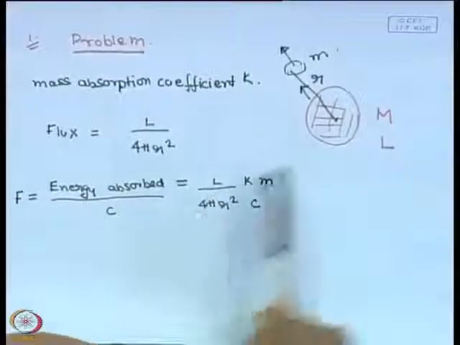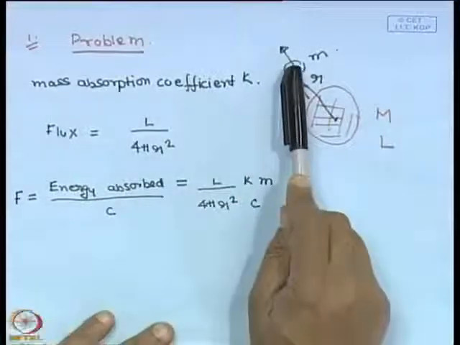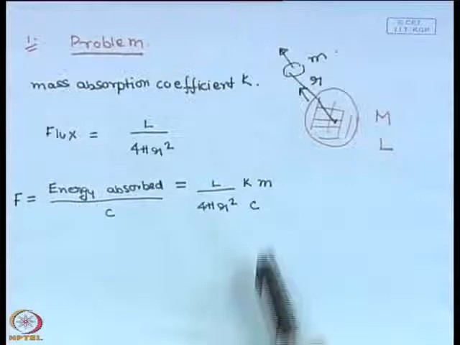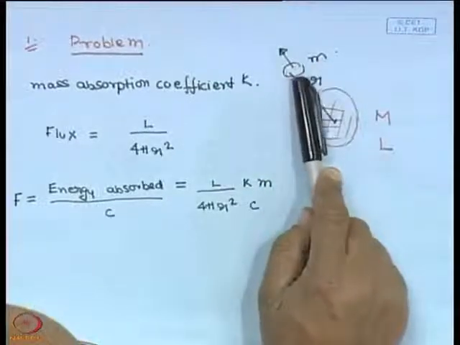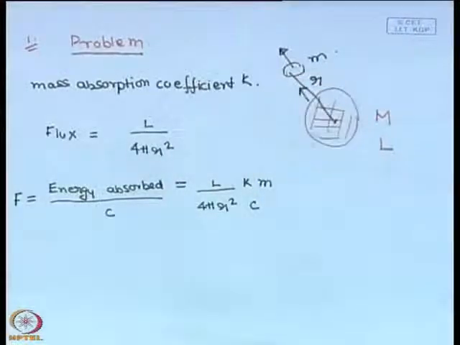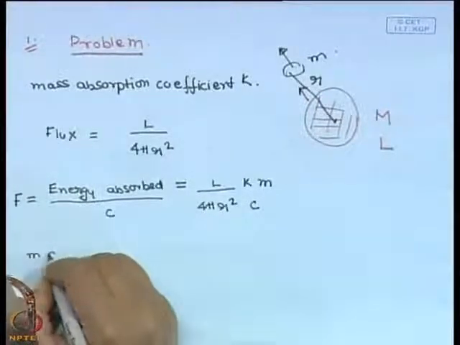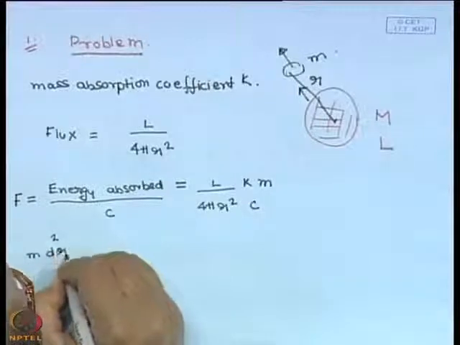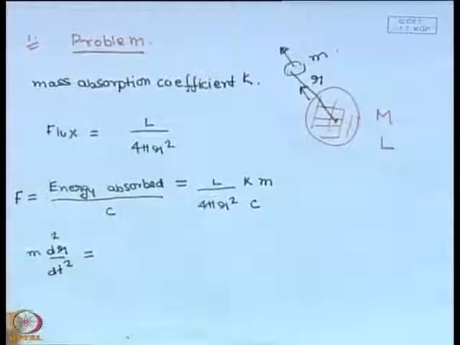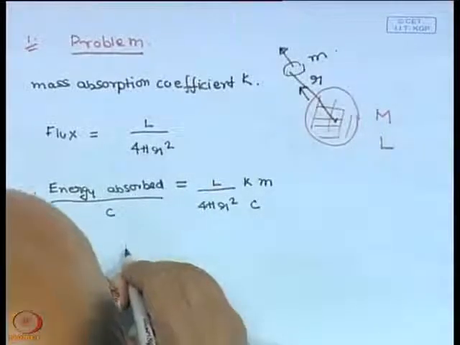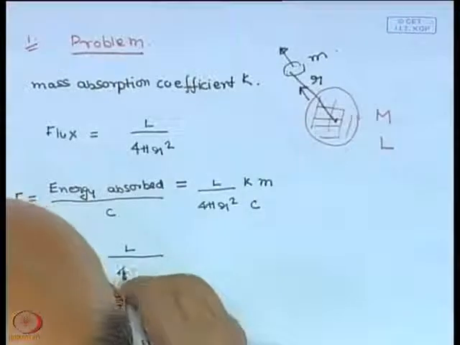So, we have calculated the total force exerted by the radiation on this gas cloud. Let us now use this to calculate the equation of motion of this gas cloud. The equation of motion of this gas cloud is m d²r/dt² is equal to, so there is an outward force, and the outward force is